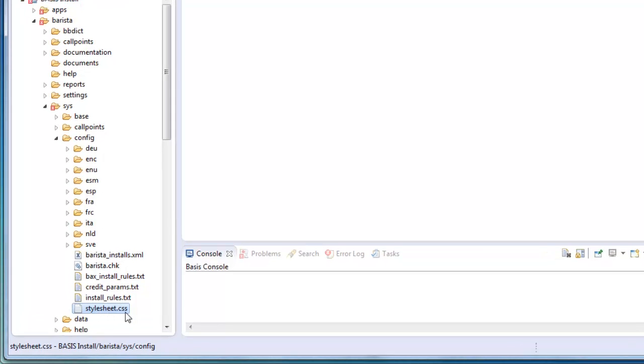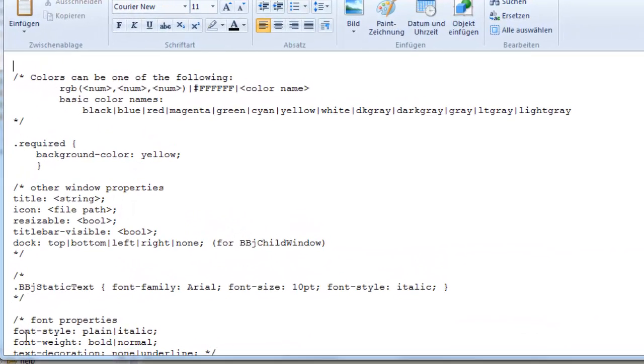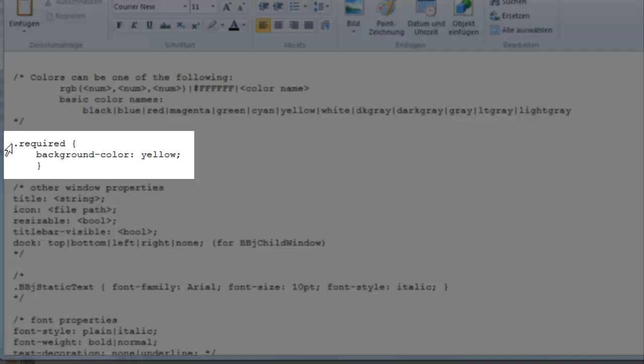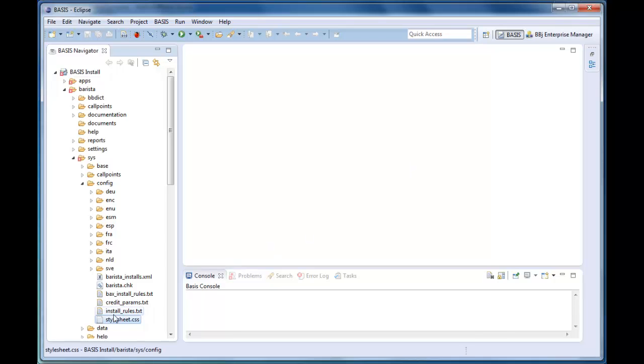stylesheet.css found in the Barista installation under Barista sys config, we have to ensure that an entry has been made that has the property required and sets our background color, in this case, to yellow. We see here in this example the required property has been defined and any control having the required style name will have its background color set to yellow. So we're all set, because this stylesheet.css will be automatically deployed to BUI when the form is run from the